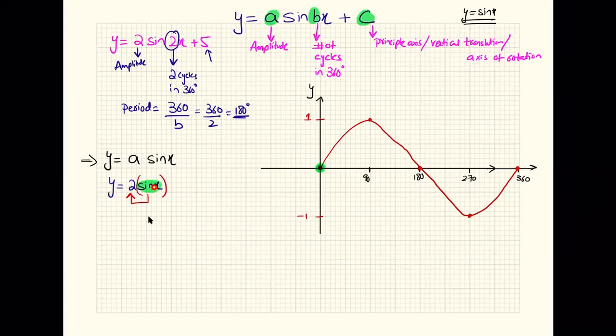अगर sin x की value 0 है, तो 0 को जब मैं 2 से multiply करूंगा तो वो तो 0 ही होगा ना. So this is going to remain as it is. Now, what about this point? This was 1. As Kashyap said, the highest value is going to be 2. That is because this value, the highest point, which was 1, is now going to be multiplied by 2. So the new position is going to be at 2.